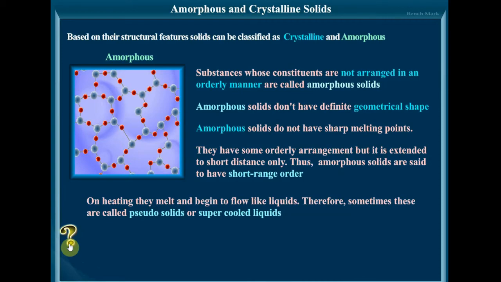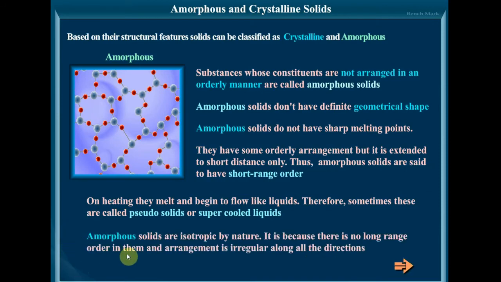As we have mentioned, amorphous solids do not have a sharp melting point and undergo liquefaction over a broad range of temperature. That is the meaning. It does not have a fixed melting point, but it melts over a broad range of temperature. That is why glasses and plastics soften over a temperature range and can be molded or blown into various shapes. Amorphous solids do not possess a characteristic heat of fusion either.